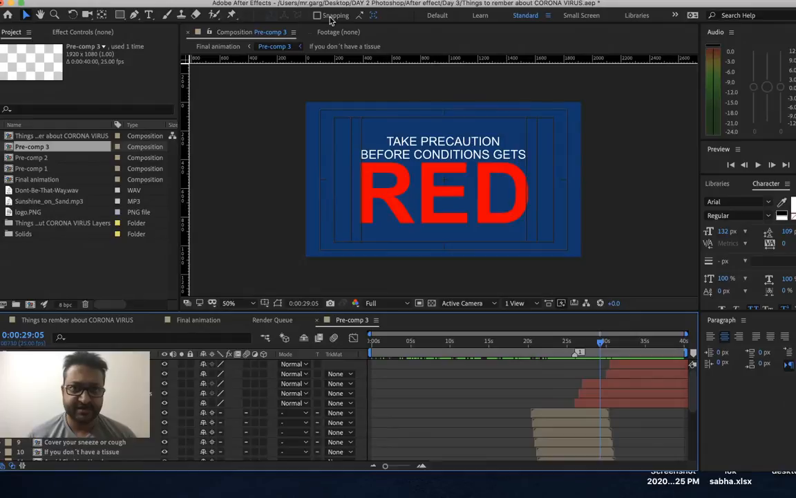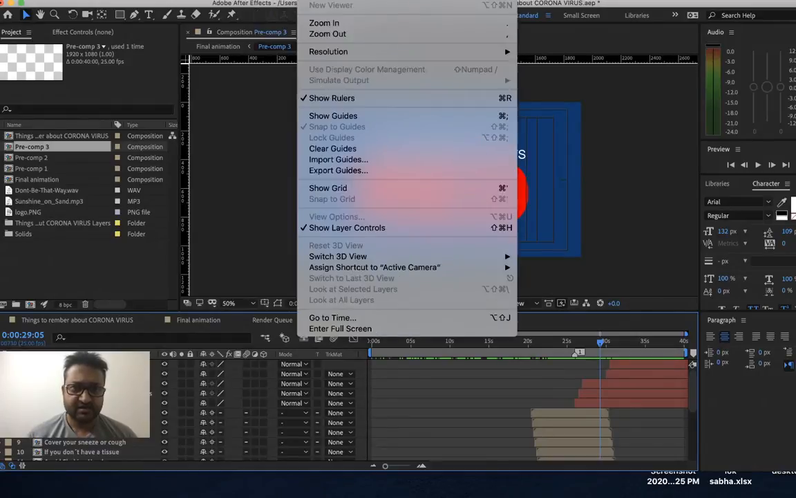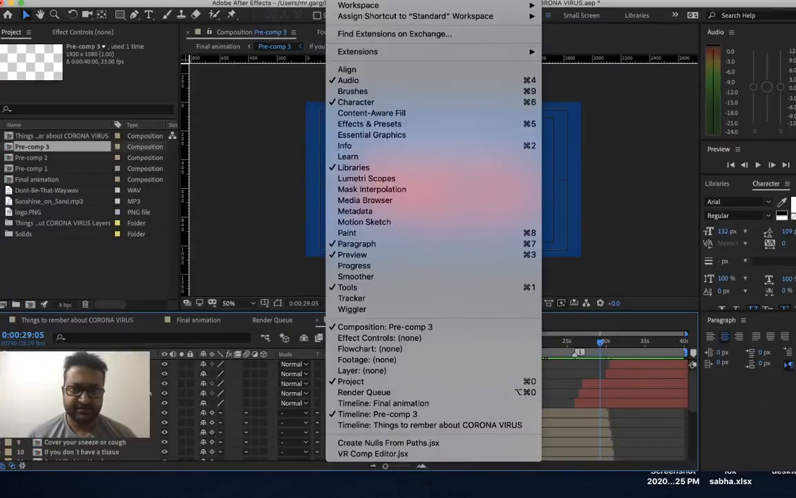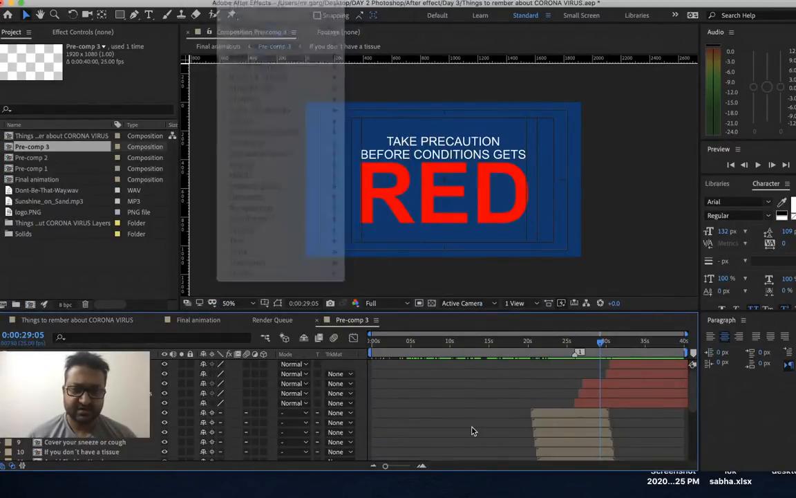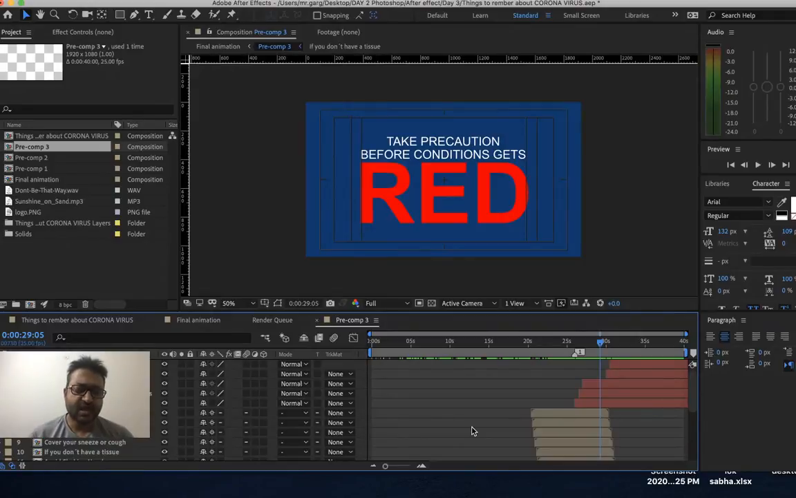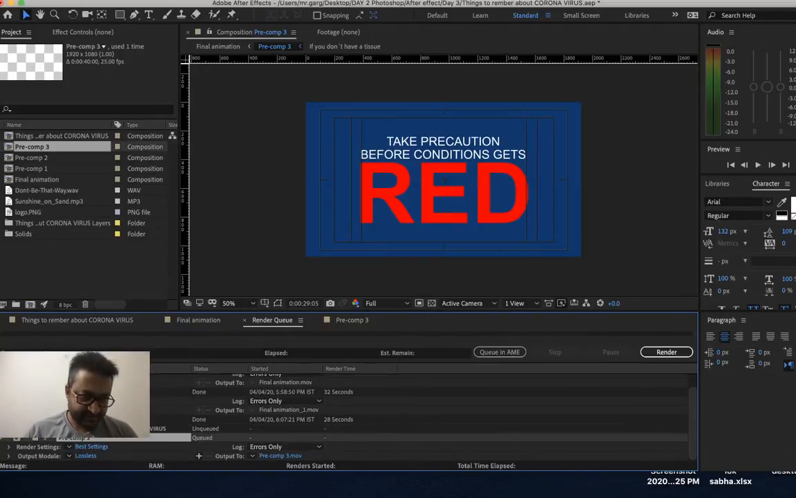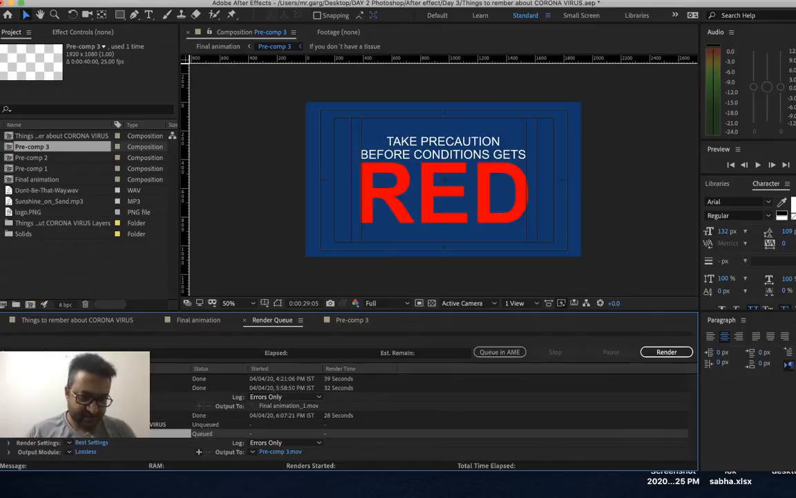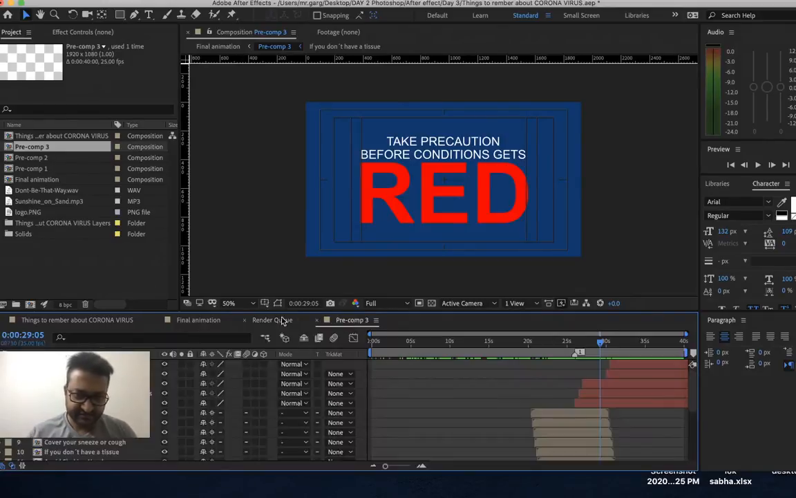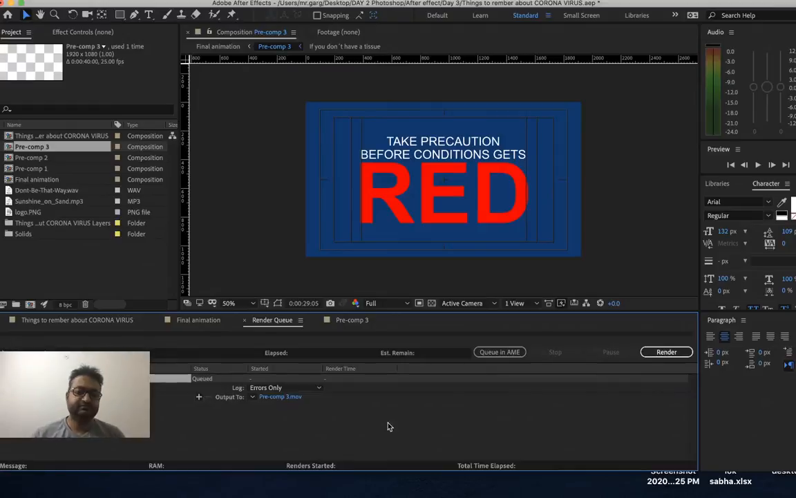So where is the render thing? Okay, now to output the thing, or to render your animation, we need to press command shift and question mark, or control shift and question mark on the keyboard. So let's delete all the things. Let's again go to our composition and let's again press. So when you press command shift and question mark,